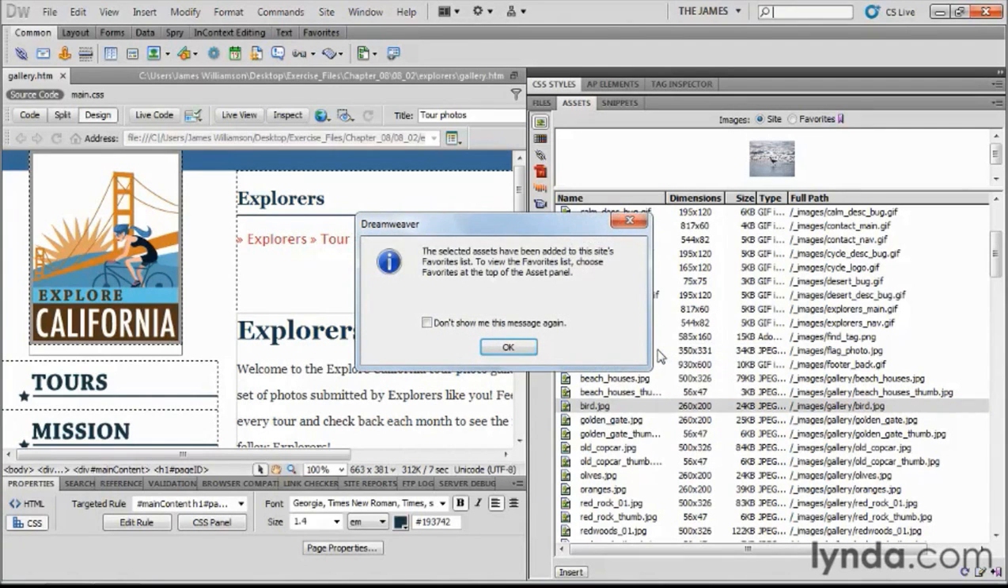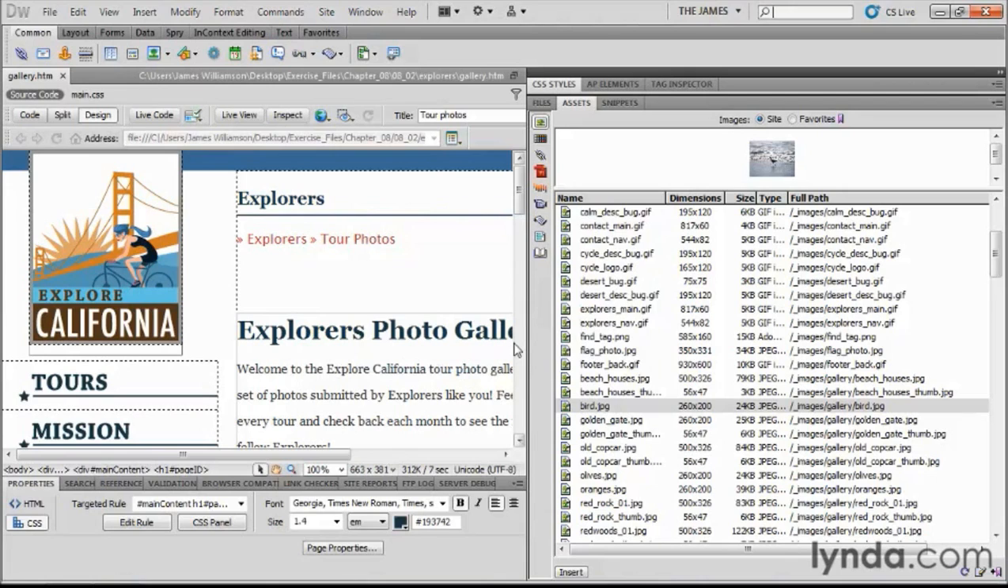Now, as soon as you do that, Dreamweaver is going to give you this nice little message that says, hey, I've added that to the favorites. If you want to take a look at it, choose Favorites at the top of the Assets panel. This can get kind of annoying because every single time you add something to the favorites, this message is going to come up. So it does have this "Don't show me this message again" option, and you could go ahead and check that,